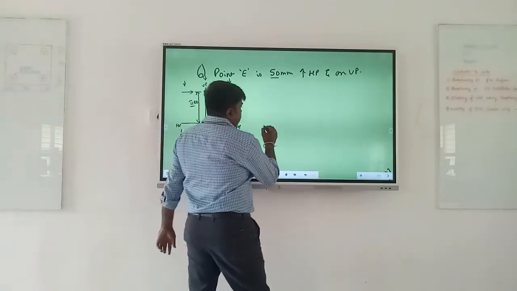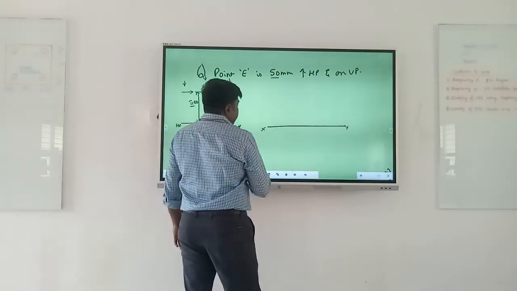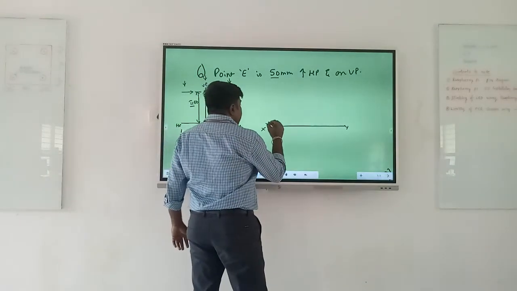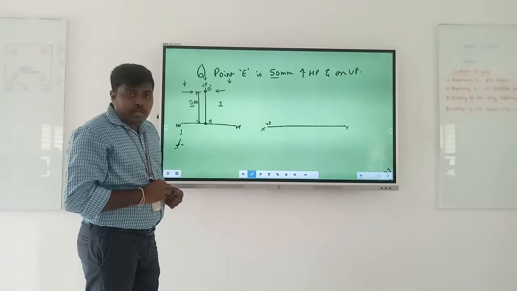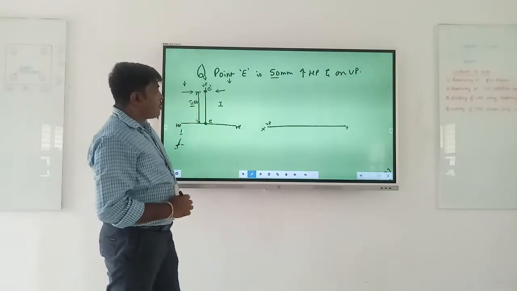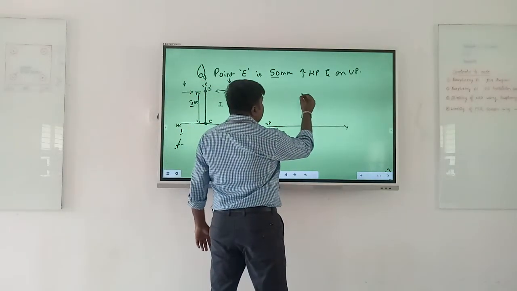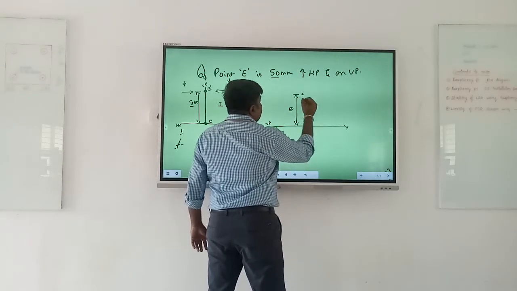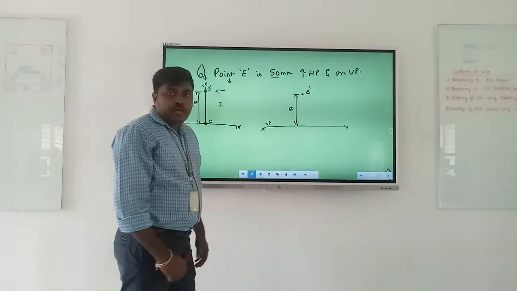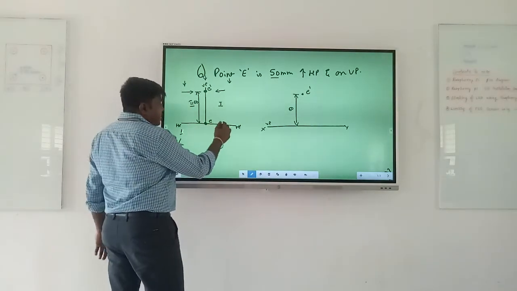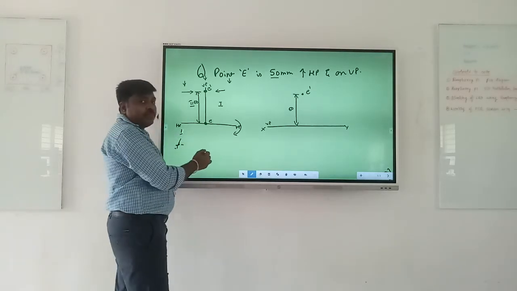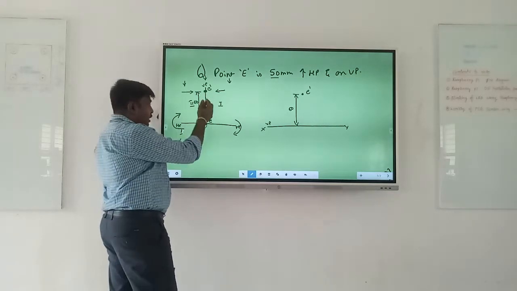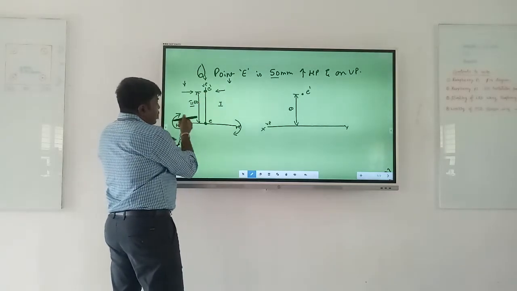What is the actual solution? Draw it. This is your X, this is your Y. Where is VP with respect to the XY line? VP is above the line itself. On VP I have a point E dash at a distance of 50. So from here at a distance of 50, locate a point and call this as E dash. Now HP. If it is in front, when I rotate clockwise 90 degrees, it would have come below the line. If it is behind, when I rotate clockwise 90 degrees, it would have gone above the line. Whereas now it is neither in front nor behind, it is on.